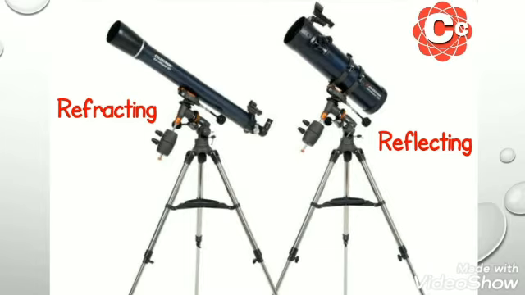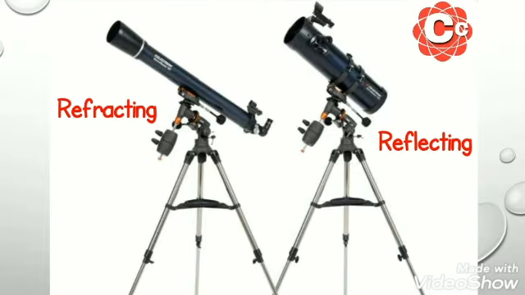Today in this video we are going to discuss the basic details about the telescope, its anatomy, the purpose of its uses, and the magnification, how we obtain the magnifying power of a telescope. Basically, when we talk about a telescope, tele means distant object and scope means an instrument by virtue of which we can see a distant object very clearly with a sharp image.